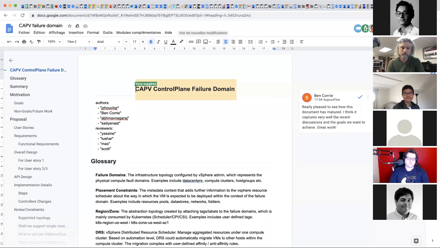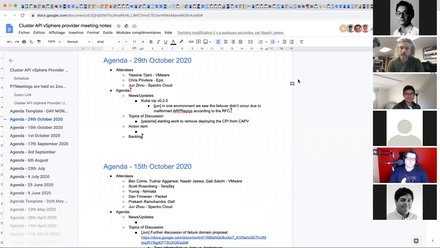So this is already released, and we did cut a release and push an image upstream, so you're able to bump your template. And we're also going to bump the default versions on the flavors that we provide through GitHub for the next release of CAPV. Okay, so that's it for KubeVip. Does anyone else have news or updates they want to share?